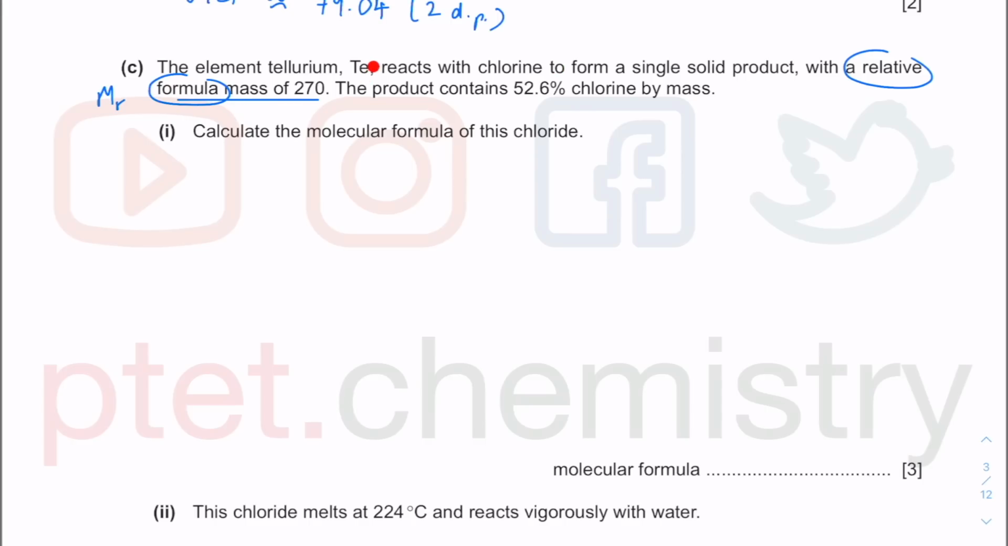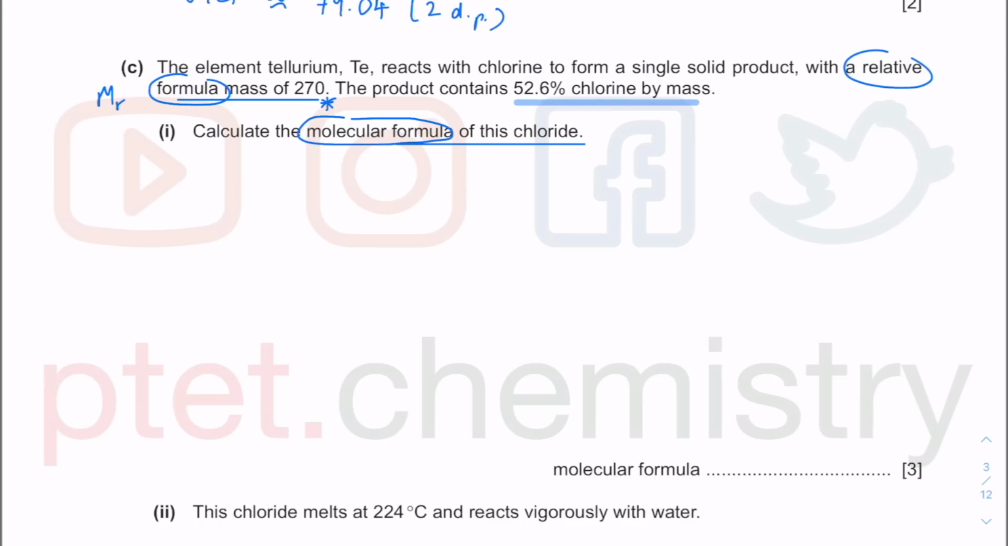As you know, the metallic character, even though it's group 6, or group 16 as you would know in the new syllabus, the metallic character increases down the group. Now calculate the molecular formula of this chloride. To work out the molecular formula, we're given the relative formula mass, the Mr, but we can probably work out